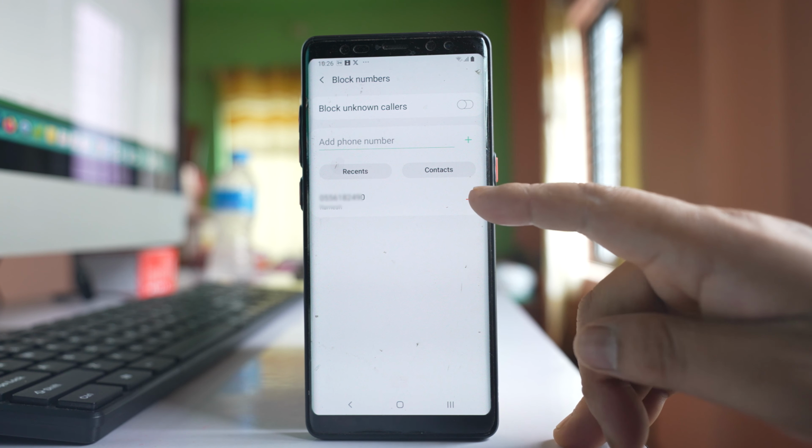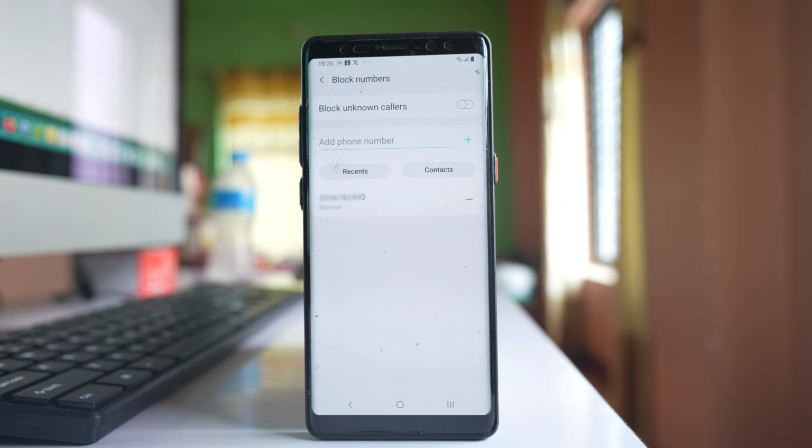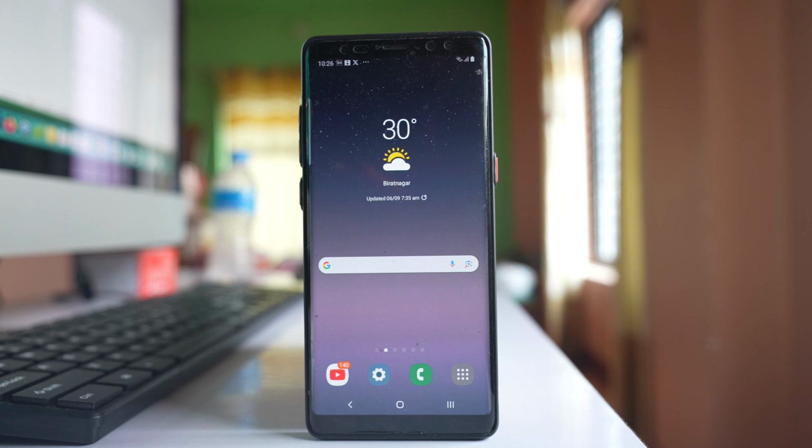Now if you have blocked a contact here like this one, then you won't be able to receive an SMS or a call from this contact. So if you want to unblock, tap on this minus icon here and unblock the number. Now suppose you found that you have not blocked the number, but still you are not receiving the SMS,